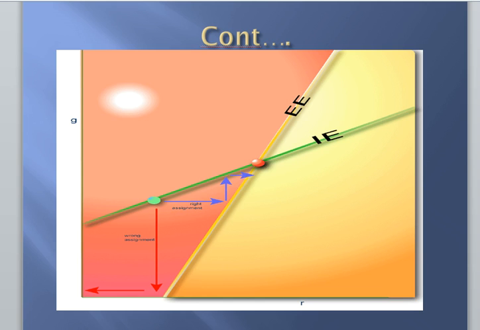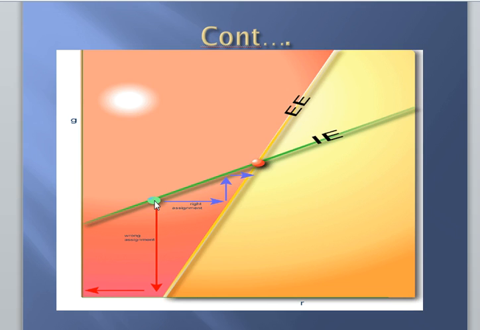This is the assignment problem. The EE curve shows the external equilibrium line and the IE curve shows the internal equilibrium curve. And the red ball indicates the simultaneous achievement of both balances, external and internal. And if the economy is at this green point,